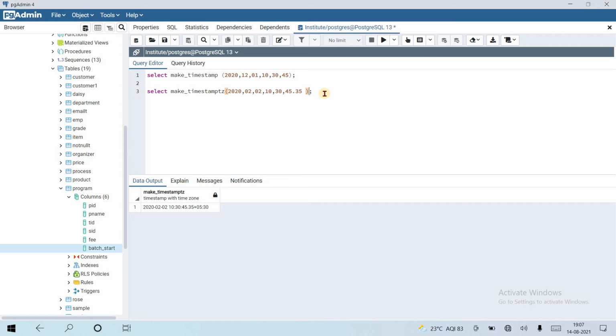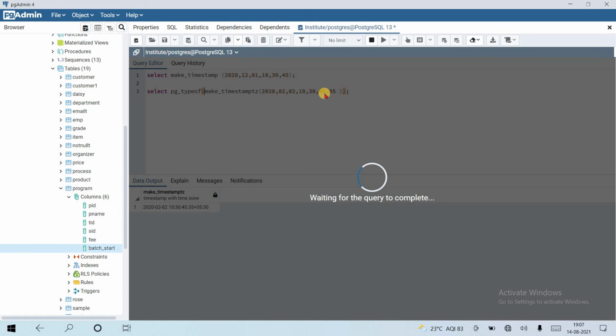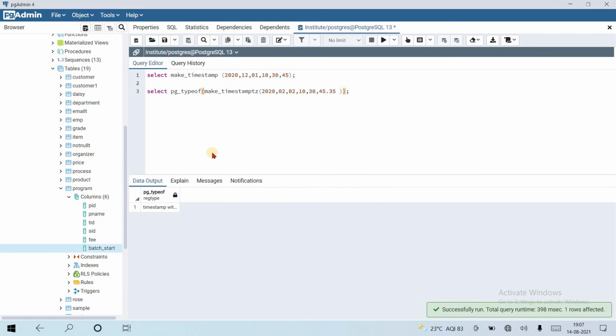Let's insert one more bracket and check. The pg_typeof function is used to detect the type of a particular string or value. Okay, timestamp with time zone.